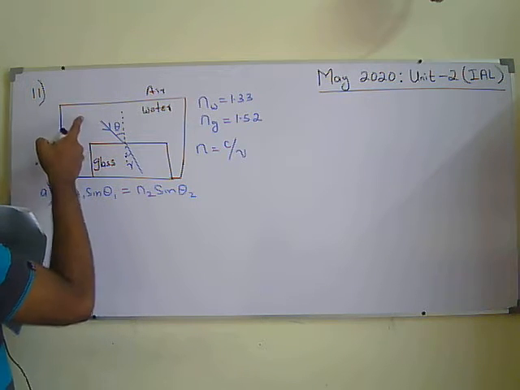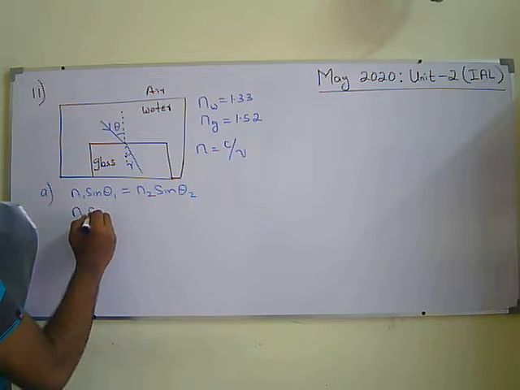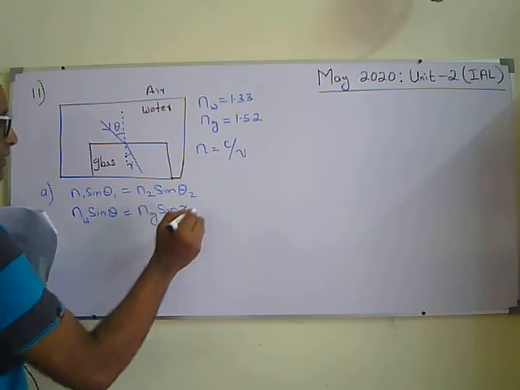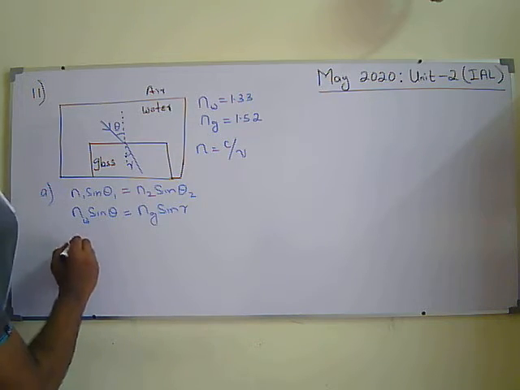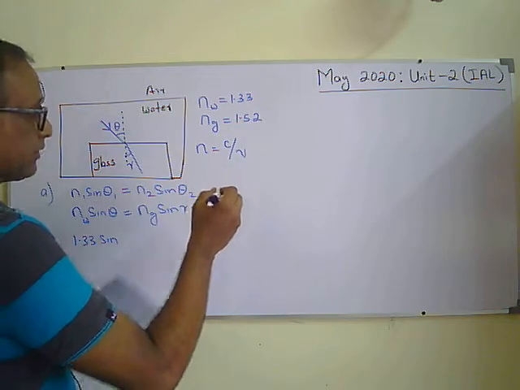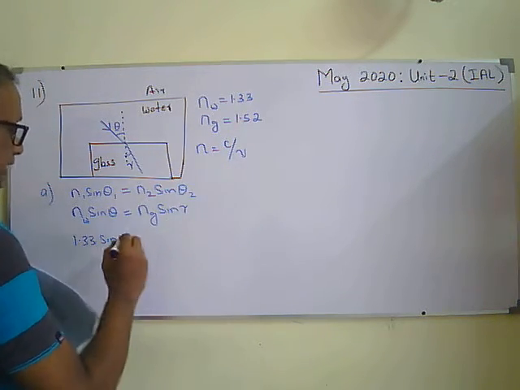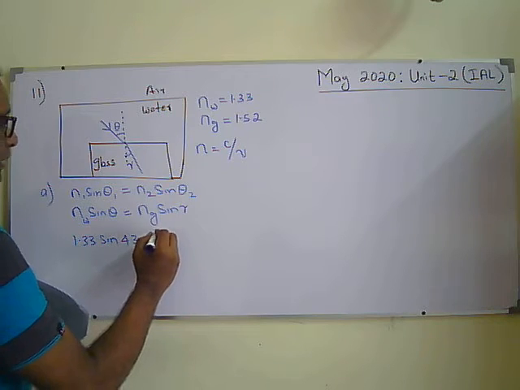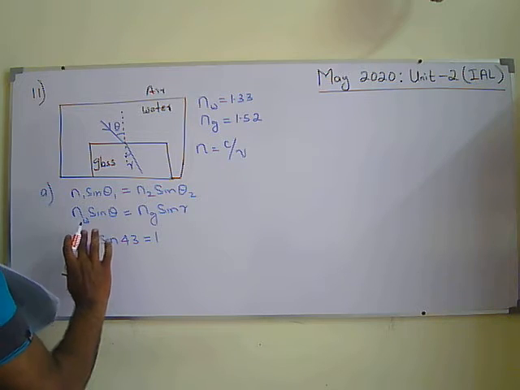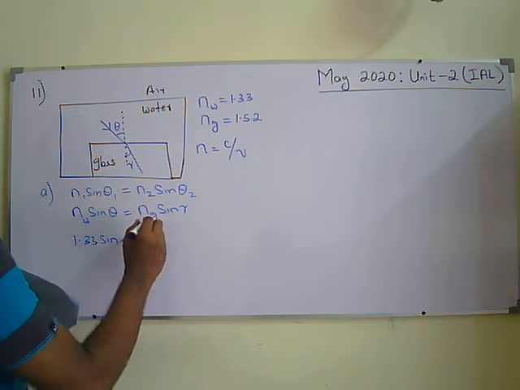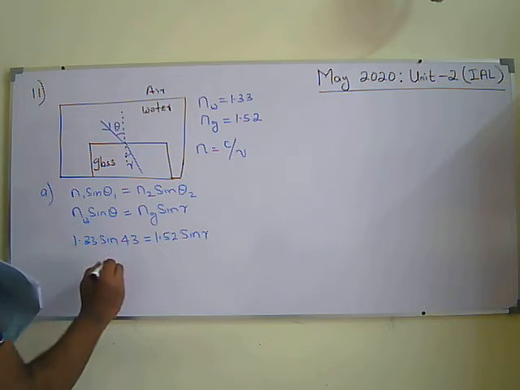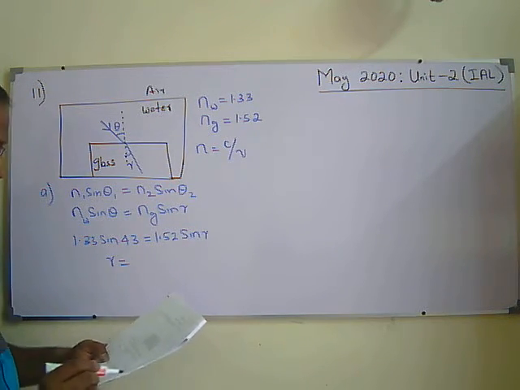So that means light is traveling from water to glass: nw sine theta equals ng sine r. So nw is 1.33, and sine theta is given in this question as 43 degrees. So they are giving theta equals 43. So sine 43 times nw, which is 1.33, equals ng, which is 1.52, times sine r. Solve it and find the r. The answer will be 36.6